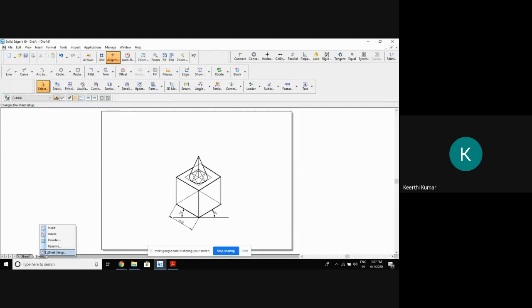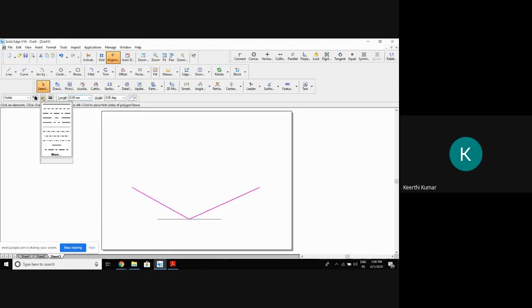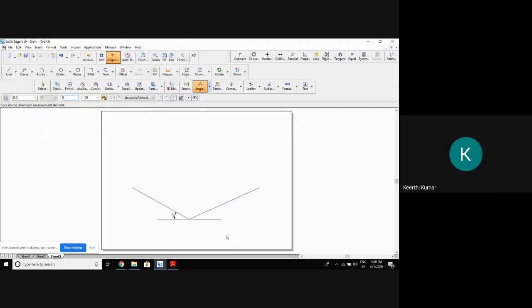Next problem will go. See, those who are having an isometric sketchbook, please go with the isometric sheet only. That will be very, very easy to draw. See now, I will draw a horizontal line. And from here, I'll draw a 30-degree line, and again a 30-degree line. Can anybody tell what should be the angle? 30, sir. Yes, very good. 30. And this side also it's supposed to be 30. And what is the length I am supposed to take?